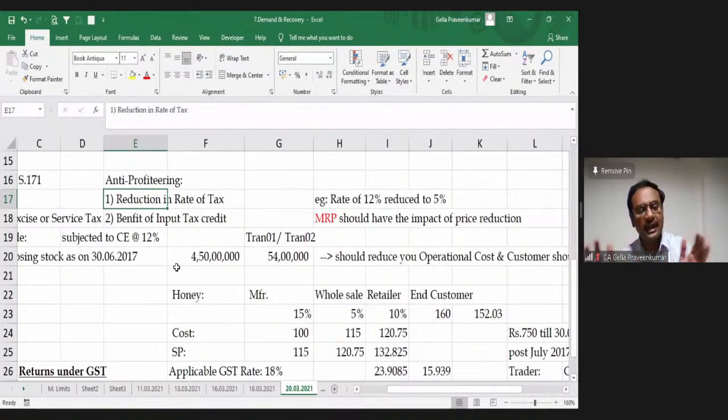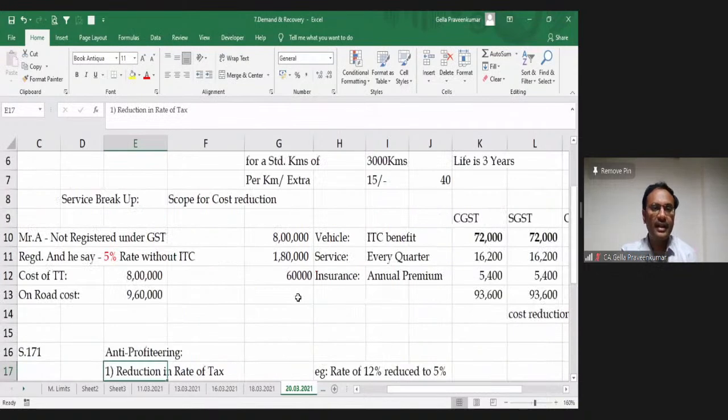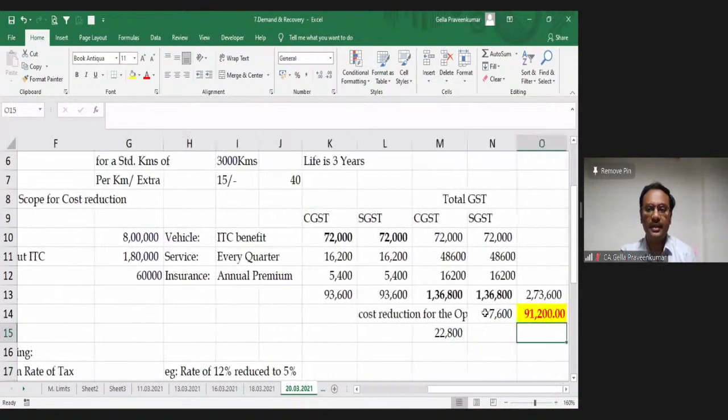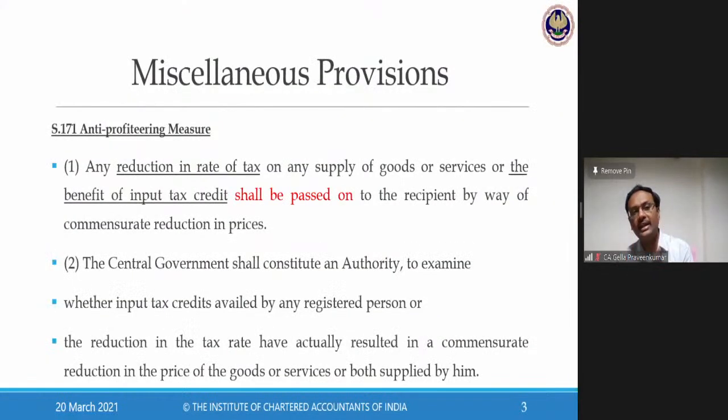Reason, you are going to give continuous business to your supplier. Could be a job worker, could be a manufacturer, could be a service provider. Whoever it is, you can take the benefit of this concept called anti-profiteering to examine how it can help my business in terms of reducing my operations cost. So first point, reduction in rate of tax. Second point, benefit of input tax credit. Like I gave one example of renting of a motor vehicle, where per month there is a cost benefit of 7,600, which is possible. So friends, this is one concept of anti-profiteering, which the government says, look, you pass on to the end consumer.